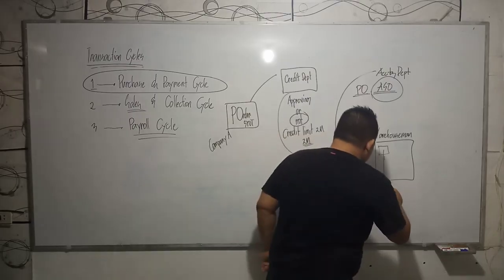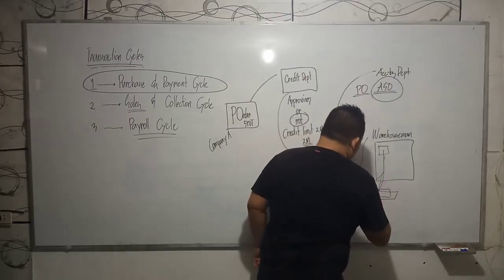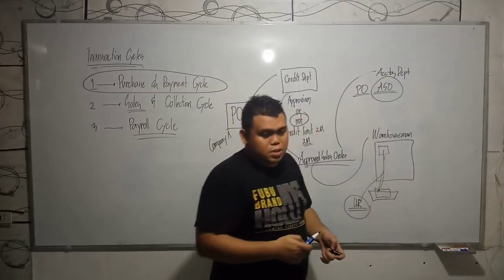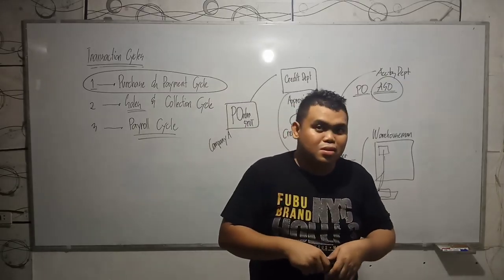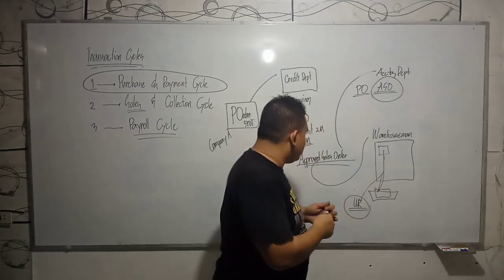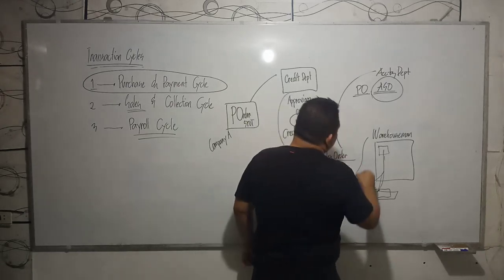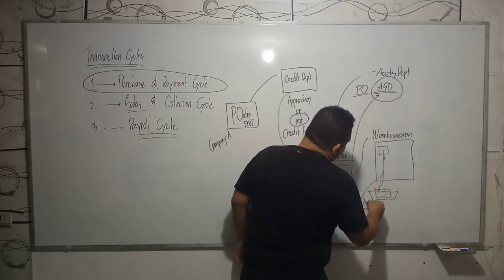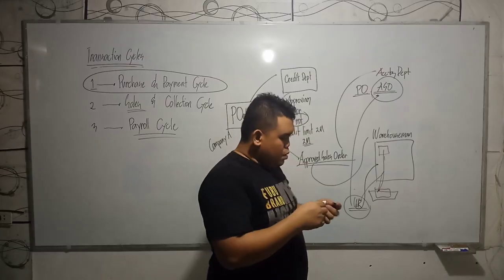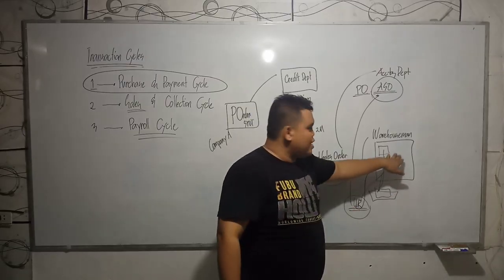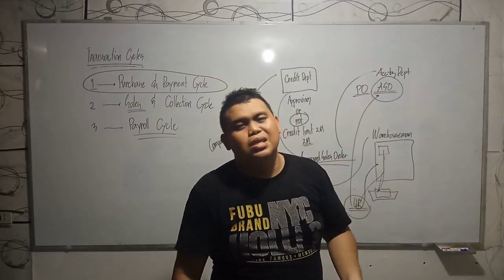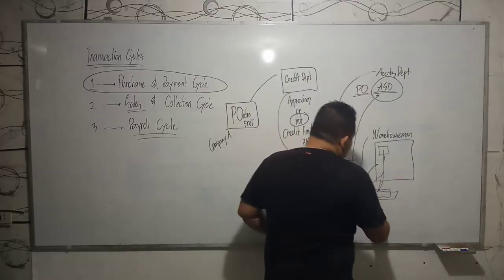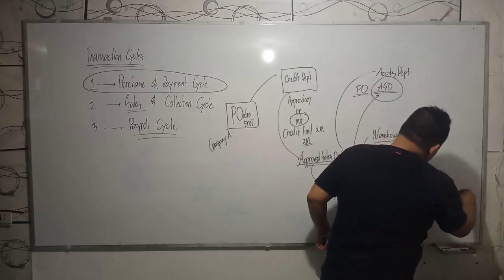Okay? And after that, he will make a warehouse report, in which he will state what are the items that were withdrawn from his warehouse. Then the sales order and the warehouse report will go to the accounting department, and one of the copies will be retained by the warehouse man because it's his accountability. Those items stored in his warehouse are his accountability. Okay? And after which, it will be sent to the shipping department.